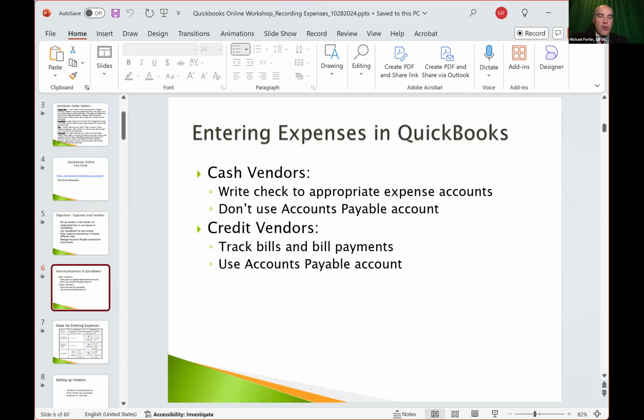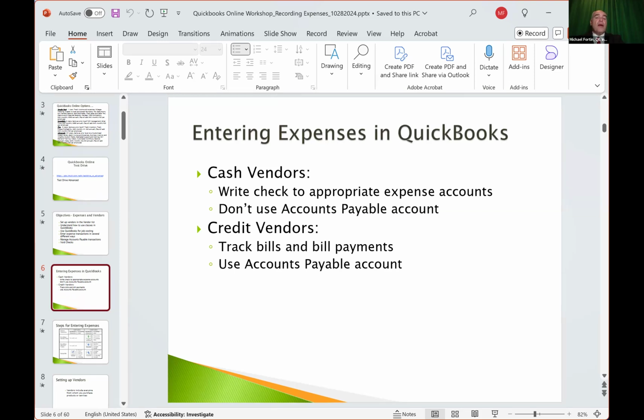The other way is the credit vendor, where you would receive a bill and enter that bill into QuickBooks, and then use QuickBooks to monitor and manage the payables that you owe. And then as a separate and distinct step, you will pay that bill using the bill payments feature. And again, tracking that all through accounts payable.